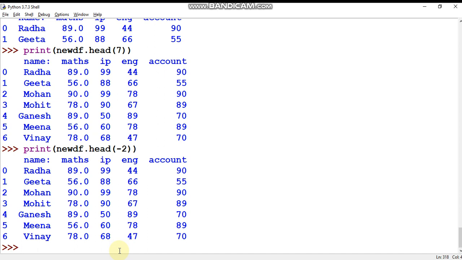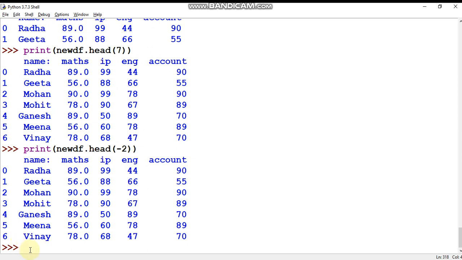When you are passing any negative number as a parameter of the head function, from the bottom those rows will be removed. You can see here there are 9 rows, indexes 0 to 8. Here I have passed -2. It means from the bottom 2 rows will be automatically removed.